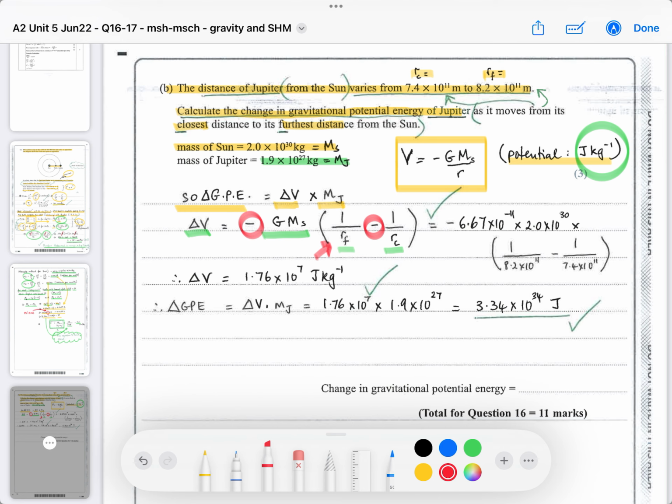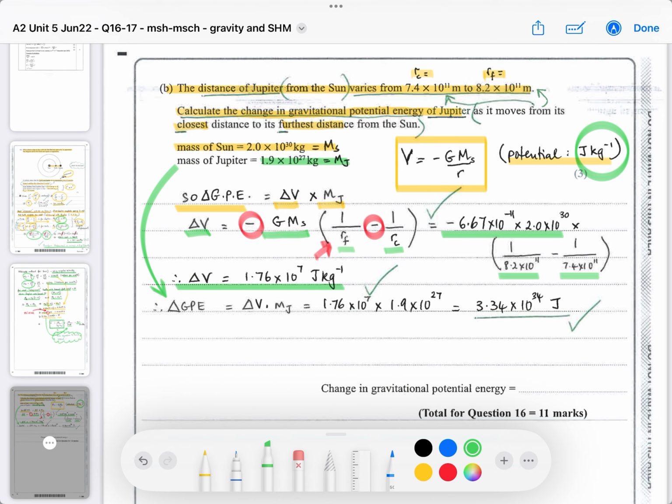So I couldn't fit it all on one line, but here it is: minus G m of Sun divided by the final position, or the furthest position for Jupiter, minus 1 over the closest position. So that's the 1 over r term. That's the difference between two potentials, and that gives you a value of 1.76 times 10 to the 7 joules per kilogram. We know the mass of Jupiter, so then you put it in here and you convert the change